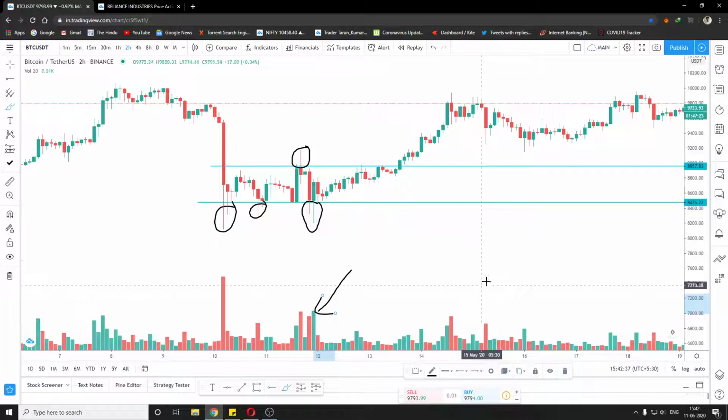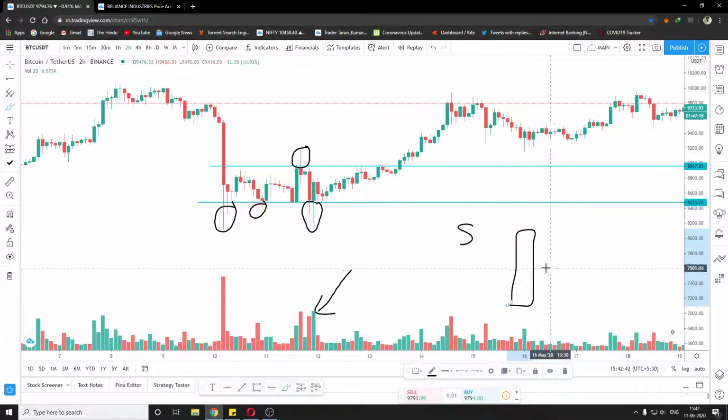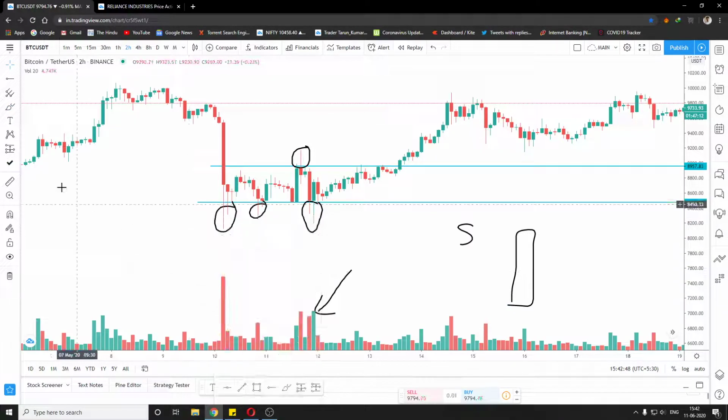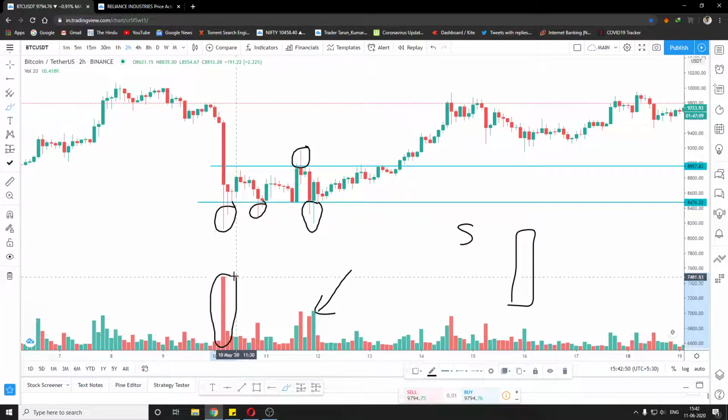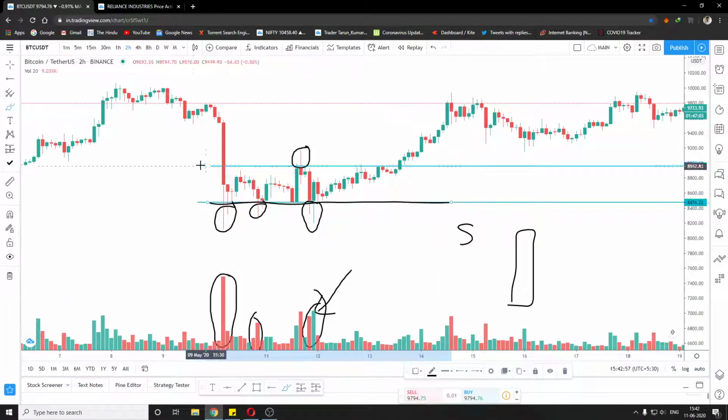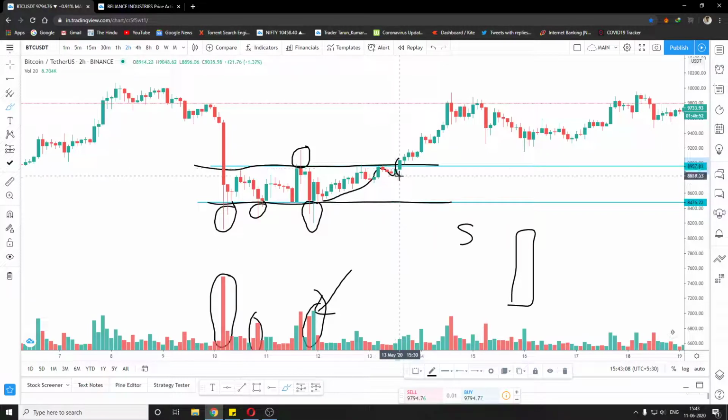But when the big players buy, they don't buy a small quantity. They have huge funds. So when they buy, the volume will be huge, which is represented in these candles. This candle, this candle, these two candles. Then we draw a support, and then a resistance, and later we can see that the market is getting strong as it moved up, came down, and then we get a breakout at this candle.